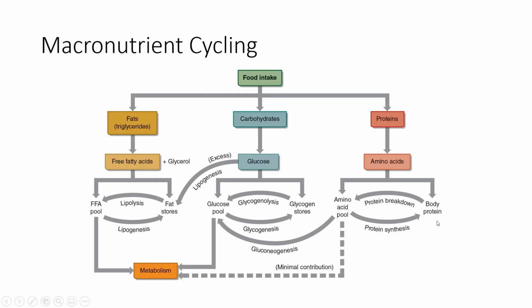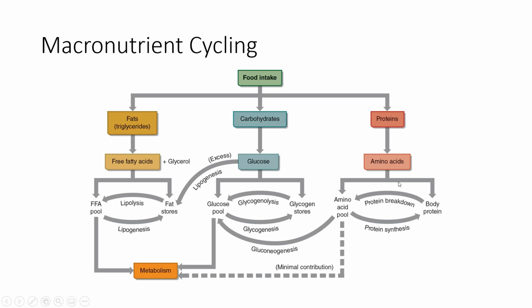If we have body protein and for whatever reason we don't have fats or glucose that are left over, then our body's going to have to start breaking down our muscle tissue in order to get the nutrients we need to maintain our life. And that's when our body protein can be broken down to create that amino acid pool. Amino acids make a minimal contribution to energy production, which is why we usually don't do this unless there is